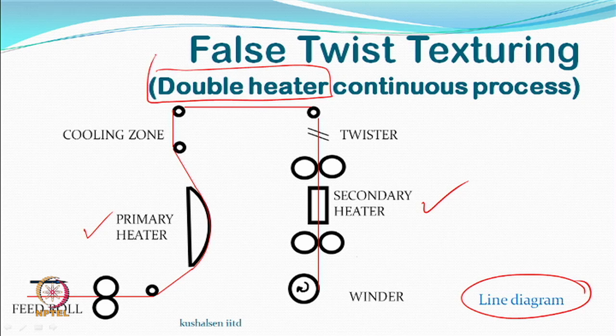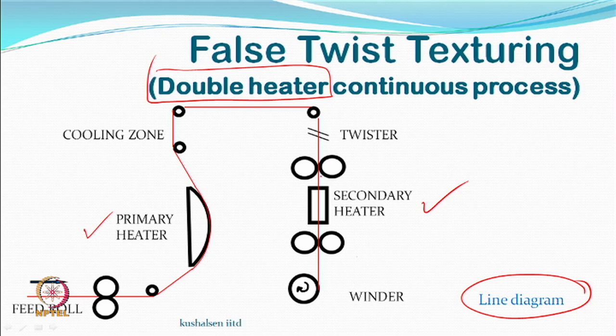but it is a continuous process and we wanted it to be a continuous process. So, we are not making packages in between. It also has the primary heater, the cooling zone, and the cooling can happen in this area also without any problem, and then there is a twister. The twist flows from here in exactly the same way, goes down all the way to the nip of the roller. In between you have heated and cooled and now untwisting.